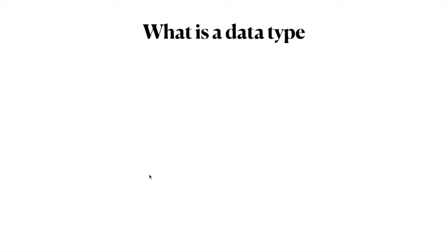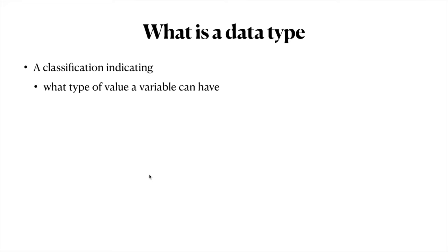So, what are data types in Java? What's a data type? Data type is classification of data so that it determines what type of value or what type of variable we can have to that data type, and